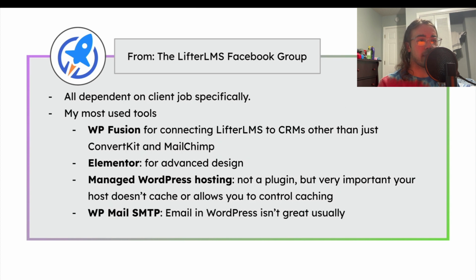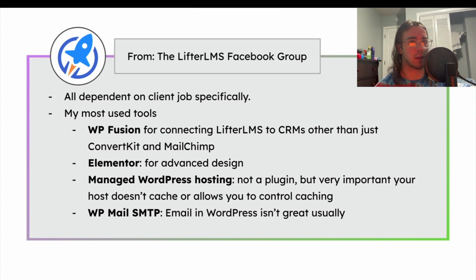And so I wrote out a few of the tools that I use on most of my projects. If I'm using a project with LifterLMS, these tools are probably involved in some way, shape, or form, unless LifterLMS covers the feature set of what I need. LifterLMS has a massive feature set, memberships, courses, quizzes, all kinds of stuff, but